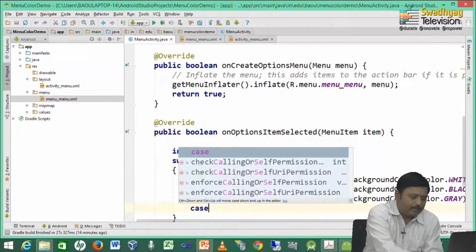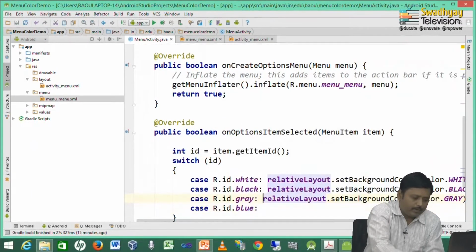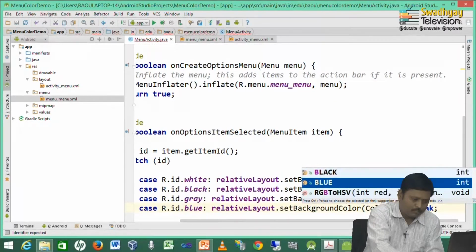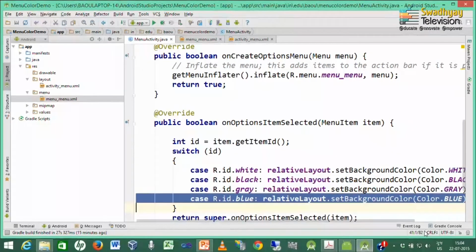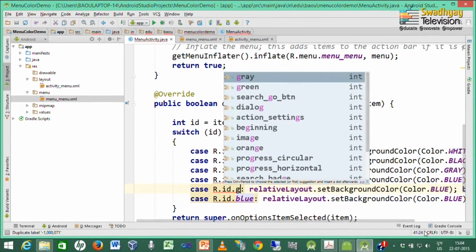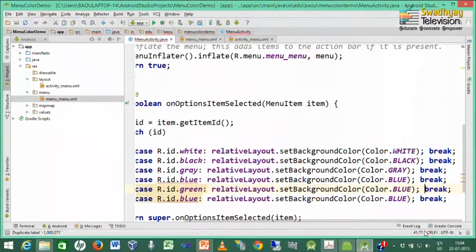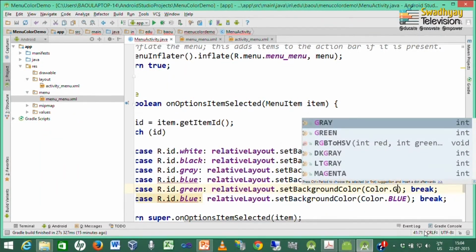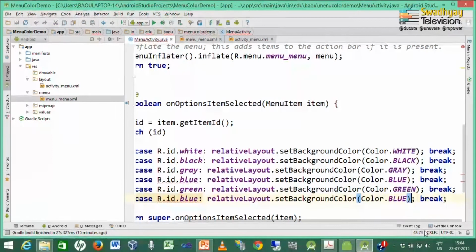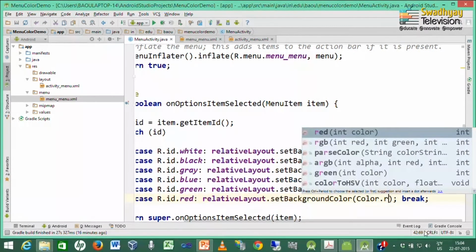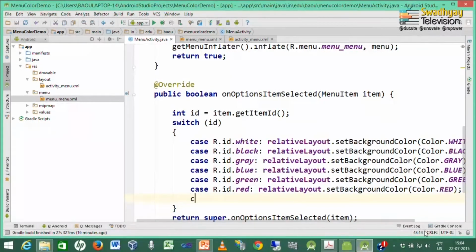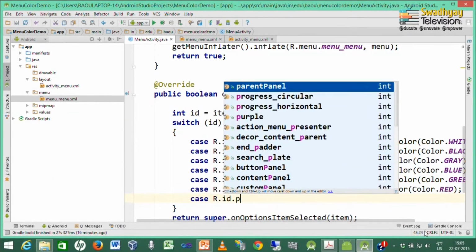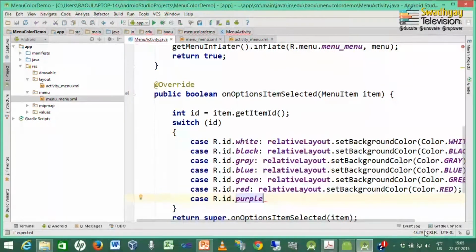Now, inside cool colors we have ID blue. So, here we write down green, and red. Next we write down purple,